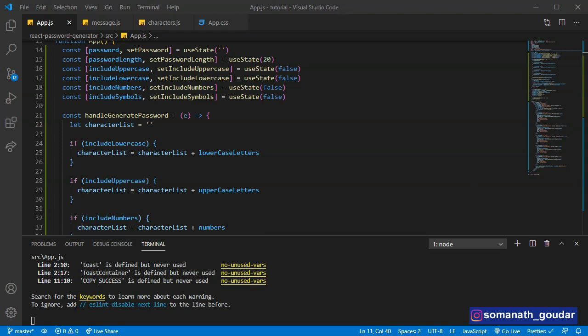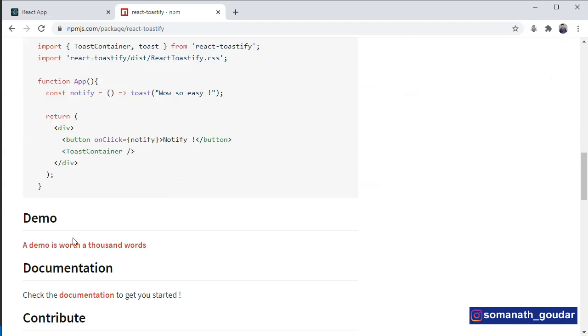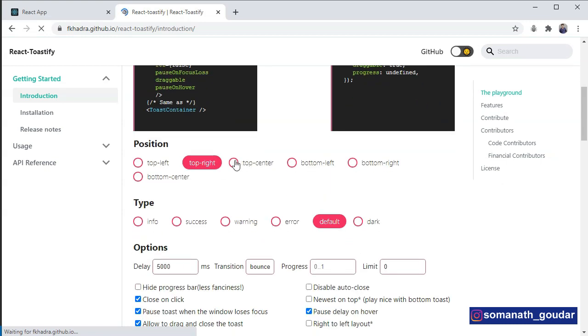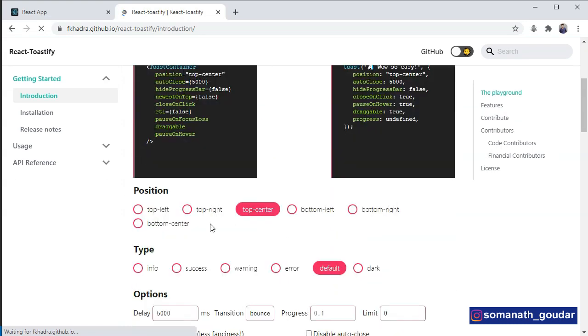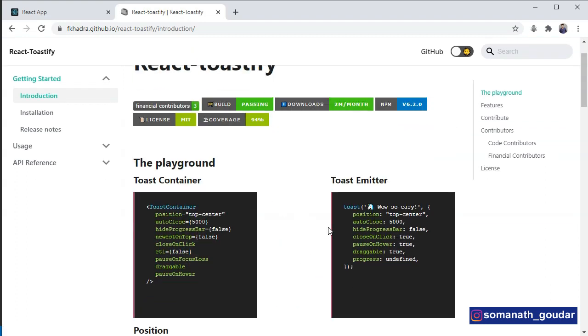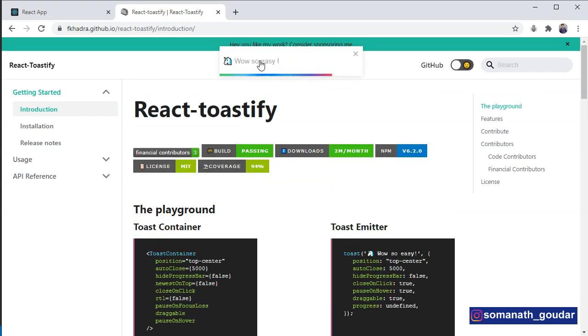Now we need to head over to our React Toastify. Let's go to our demo. Here we are going to be using this top center one, and I'm going to be using the default to show successfully copied to clipboard. Let's test that out. Yeah, this is going to show like that.